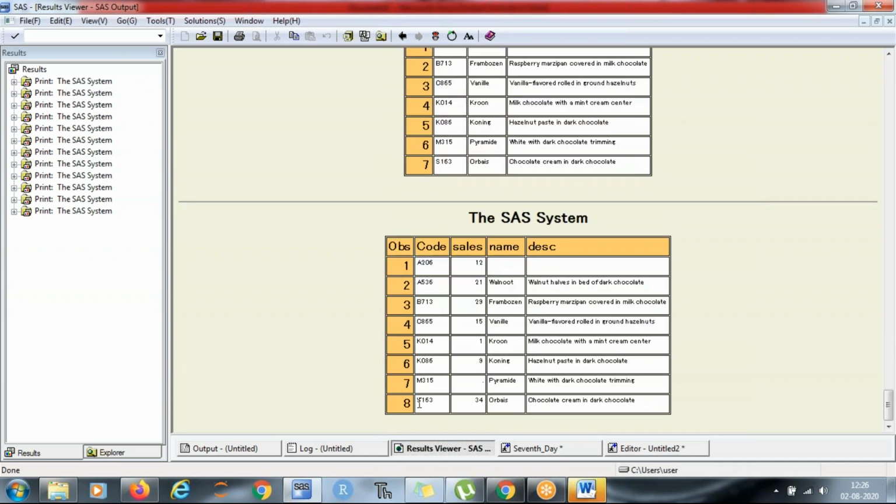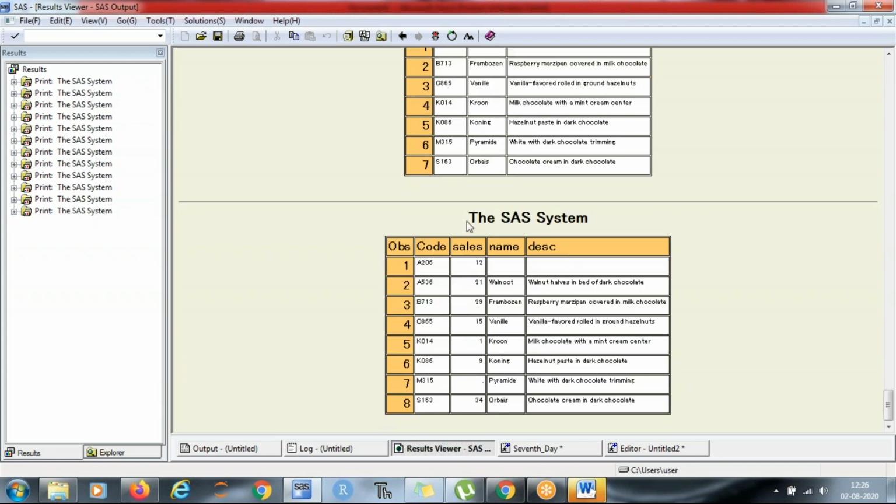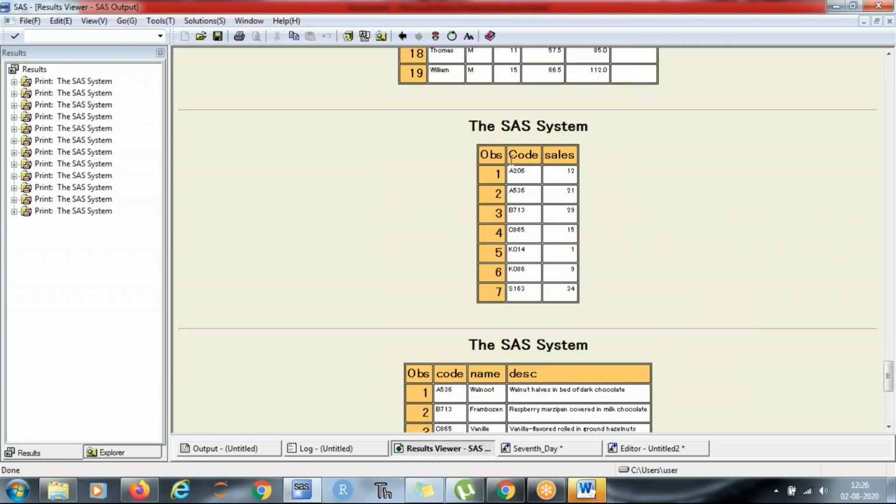Now, when you merge these two data, how many observations are there? 8. Because 8206 is not available in this data, right? 8206 is not there. And this M315 is not available in sales data, M315. So there are 6 variables.